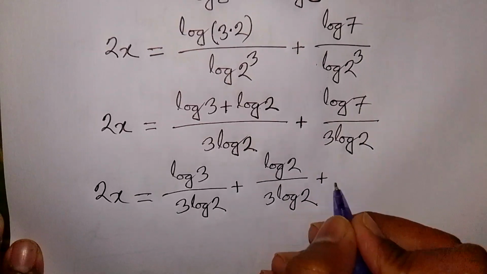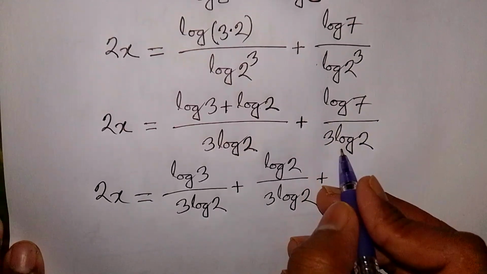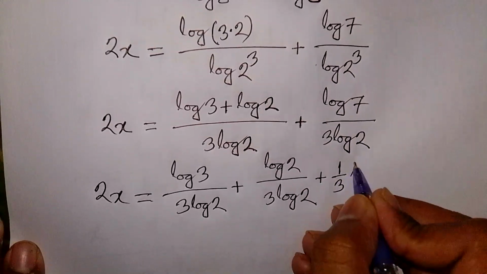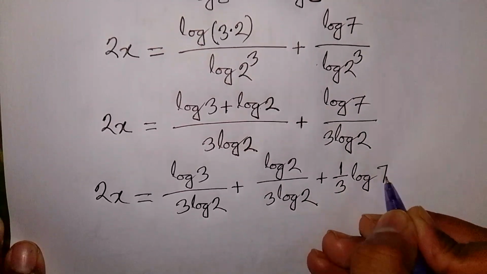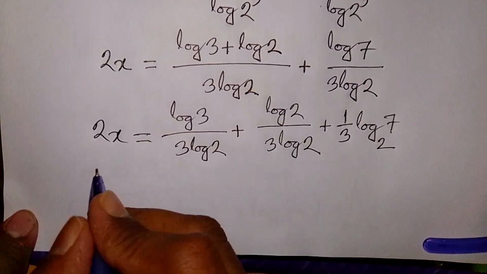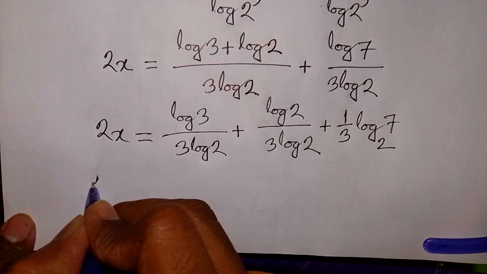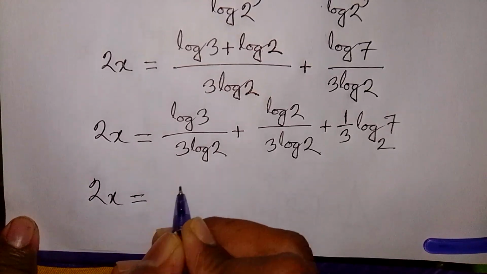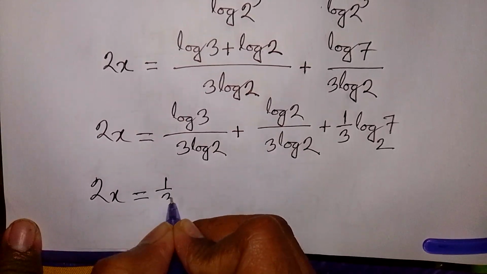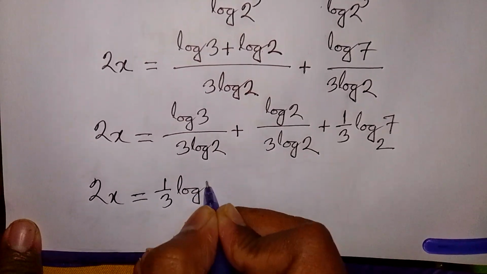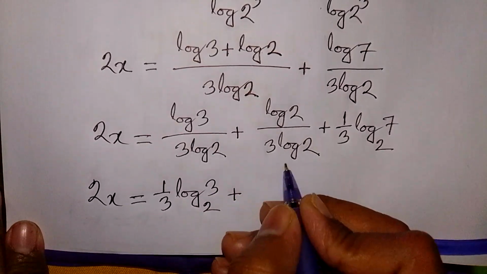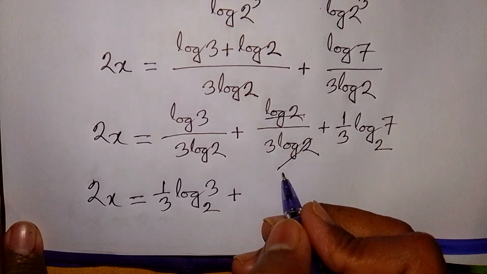Then here plus log 7 over 3 log 2 is the same as 1 over 3 log 7 base 2. Now I have 2x is equal to log 3 over 3 log 2, which is the same as 1 over 3 log 3 base 2, plus this log 2 cancels out